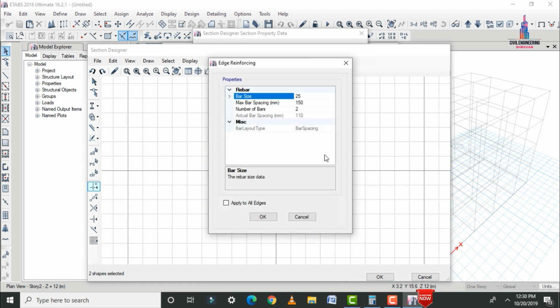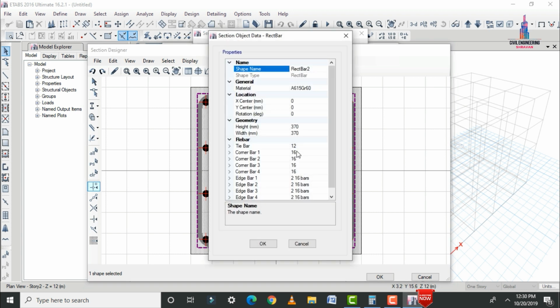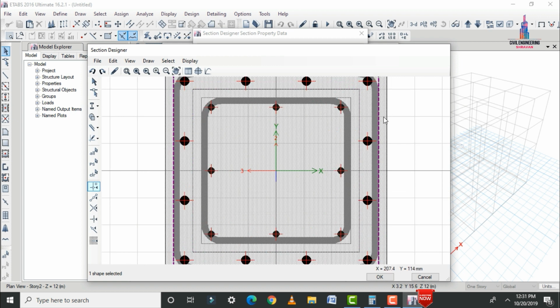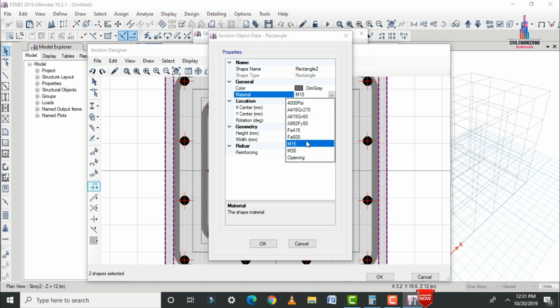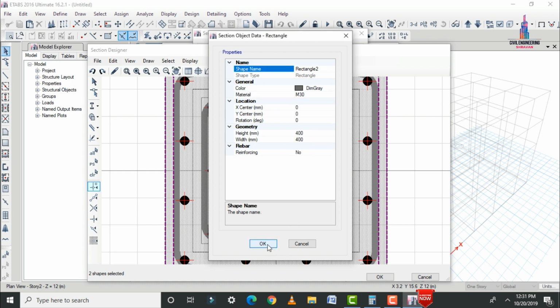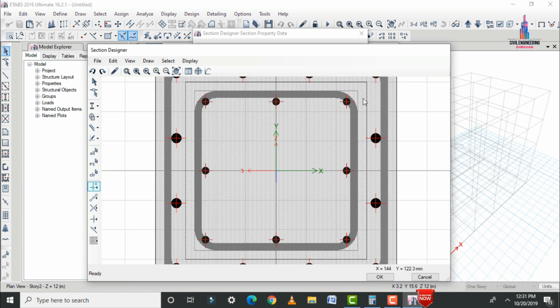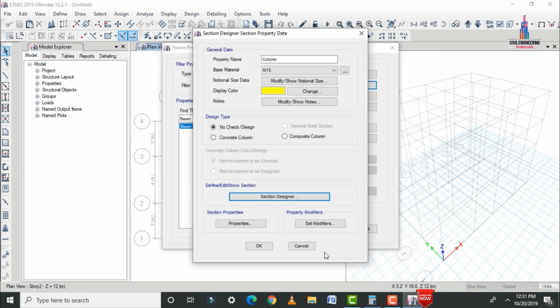Now we have to select the center one. Again we have to select this respective property also, 16 mm. Apply to all edges. Click on OK. So it will change the property as per your considerations. Now I am selecting the center one which comes under your respective property like this. So after that we have to select the corner section which is related to this respective property. So here for this corner section we have to go with M30 grade. Please remember this point. For the inner section basically we will provide the section of M15 grade. So again we have to go with the corner section which comes under your M30 grade. Click on OK option. So click on OK.